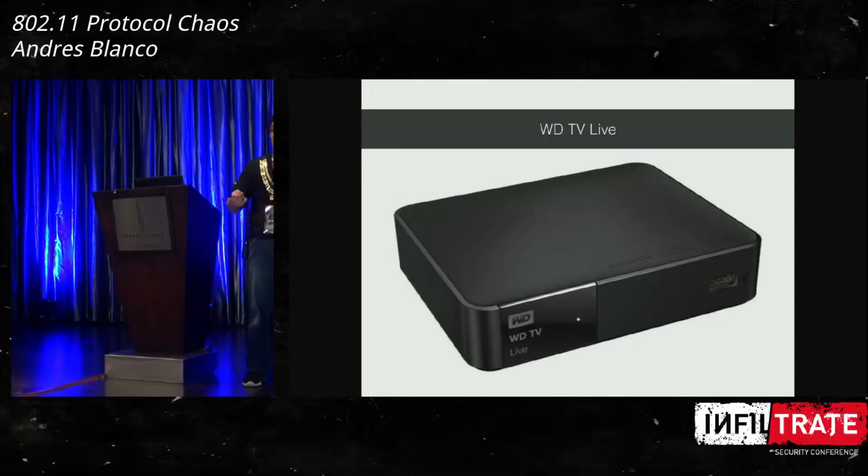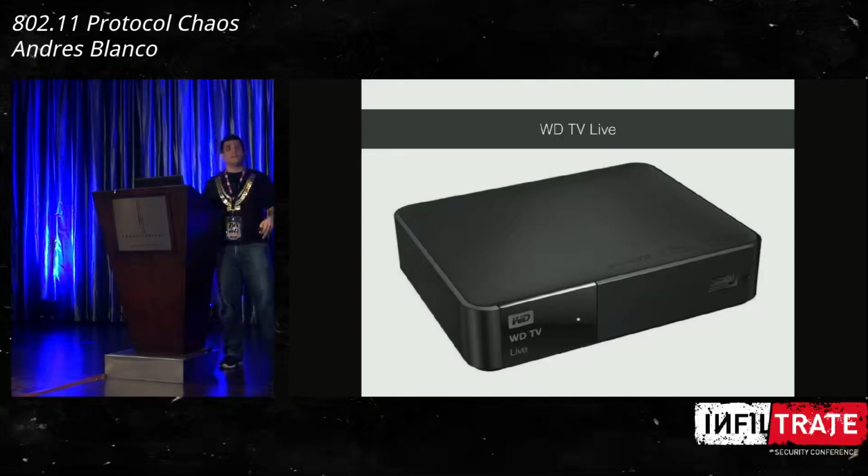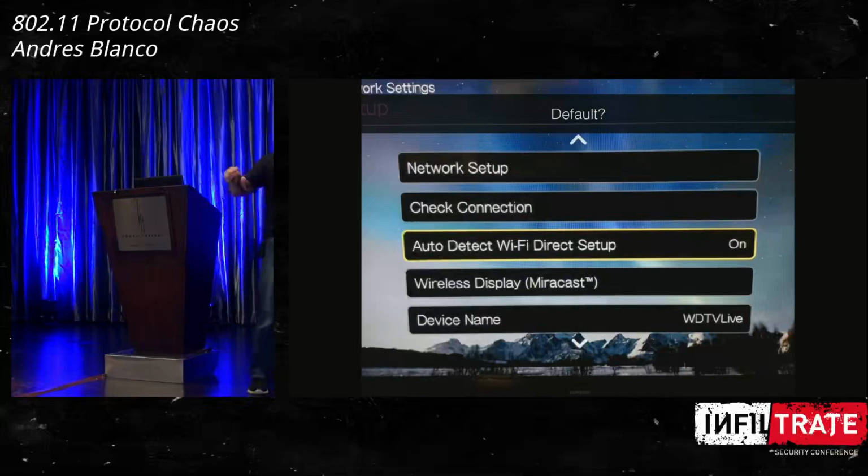And every time I want to connect another device, I say, use 3G or 4G, I don't care, don't connect to my network because I don't remember my password. So using this device, they could gain access to my network because this device has a bad implementation of the protocol. So again, Wi-Fi Direct is enabled by default: you take it from the box, you plug it in, and with factory defaults, Wi-Fi Direct is enabled. This device has two ways of connecting to a network. One is Wi-Fi, and the other one is using an Ethernet plug. So any way you connect this device to a network, if you have Wi-Fi Direct enabled,